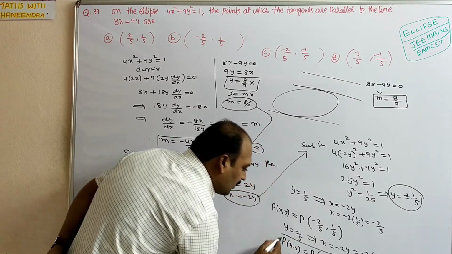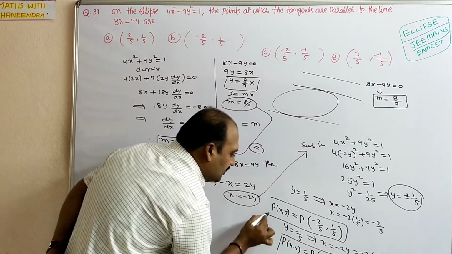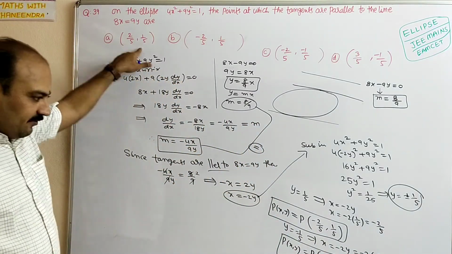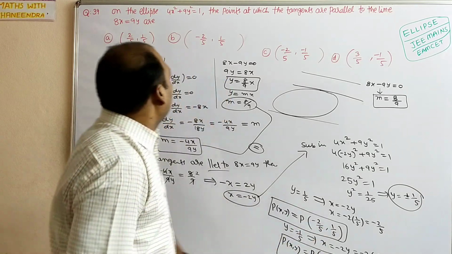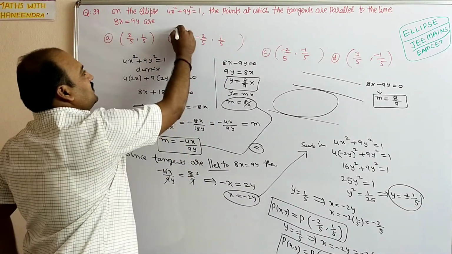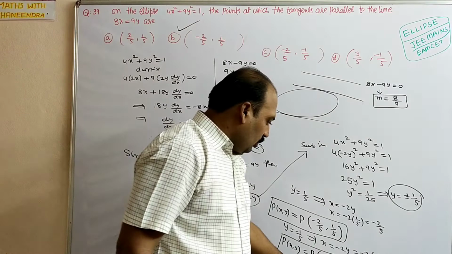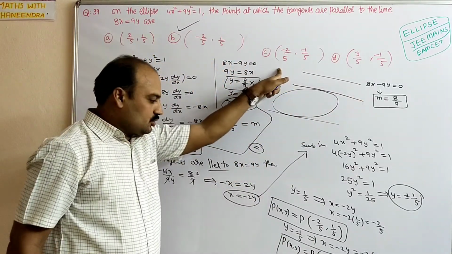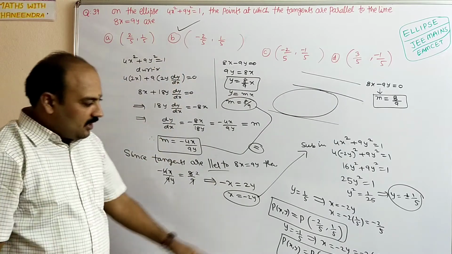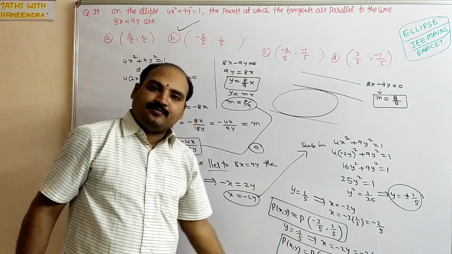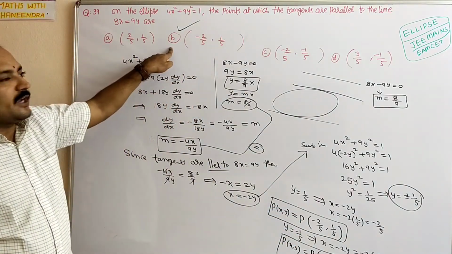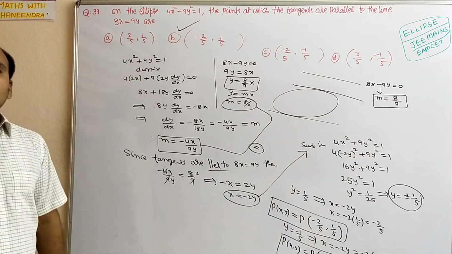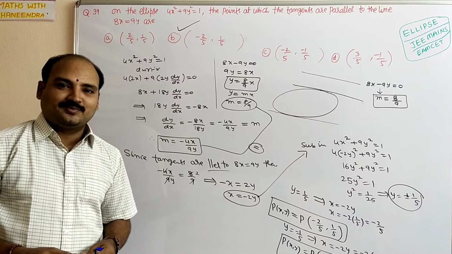So both are the right points. First, you can check among these two which one is in the options. Minus 2 by 5, 1 by 5 is there. Is there any possibility of 2 by 5, minus 1 by 5 here? Not there. Both are minus here. So the second option, among the four options, we have only this one, minus 2 by 5, 1 by 5. This is the right option. We will move to the next question now.